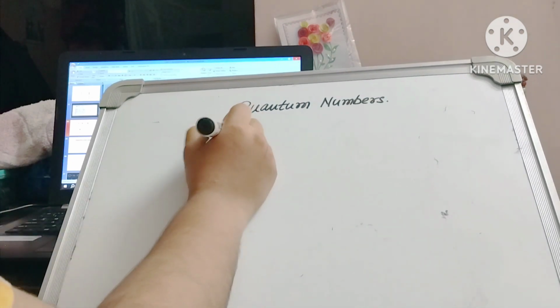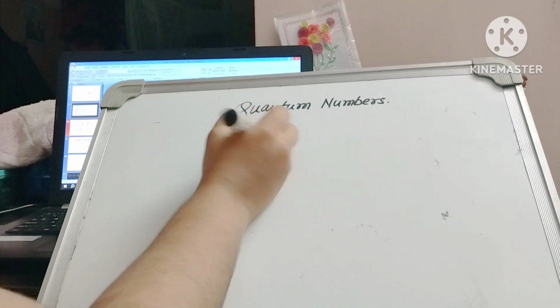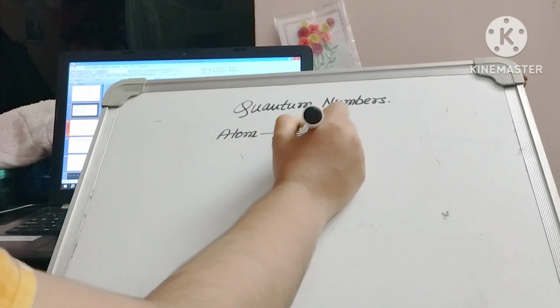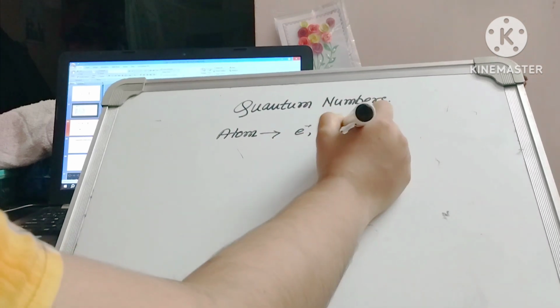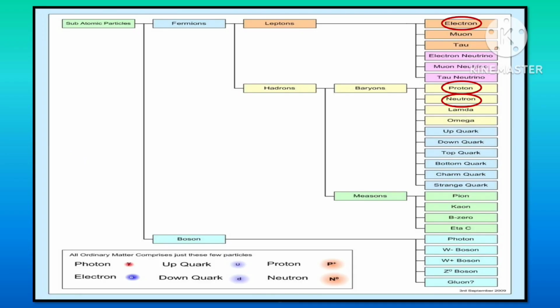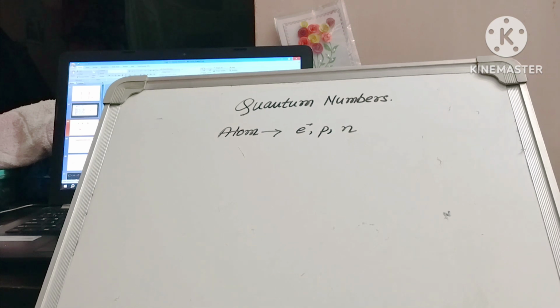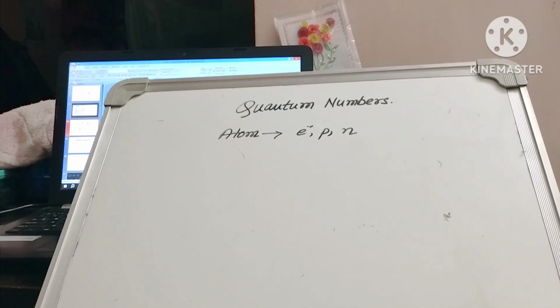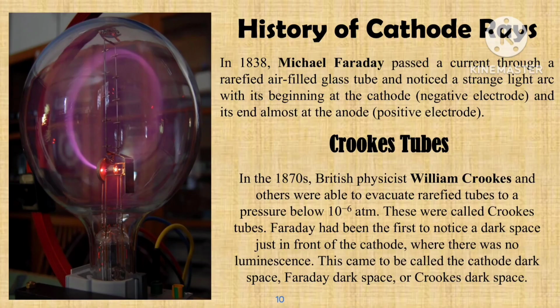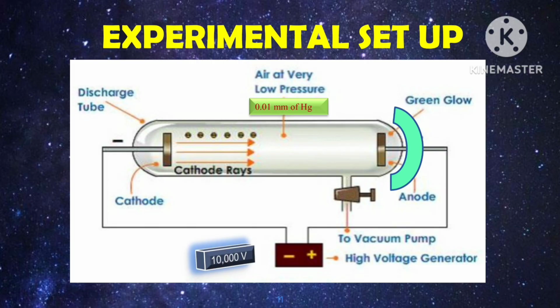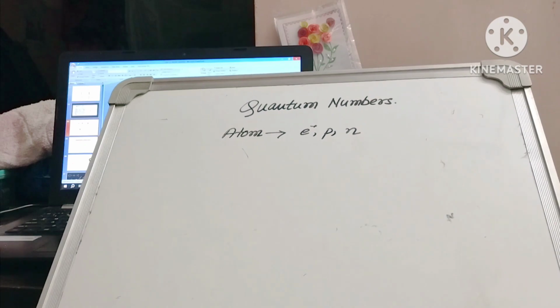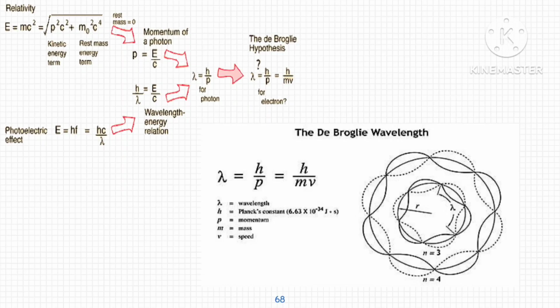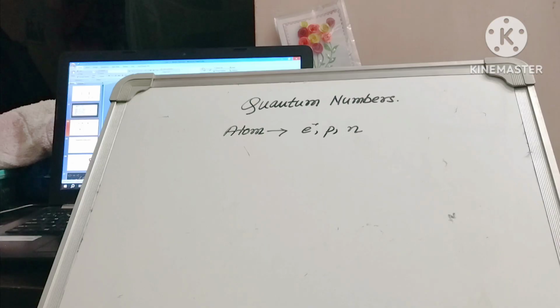As we know, an atom has three fundamental particles: electrons, protons and neutrons. And in this chapter, the structure of atom, we have already done the discovery of electrons, protons and neutrons, and also the atomic structure or the model of atom. Now quantum numbers basically tell us about